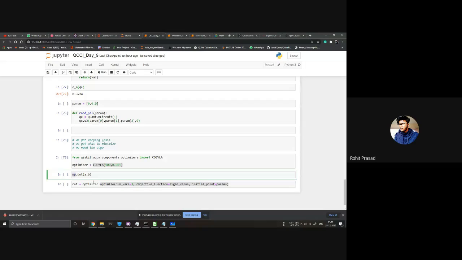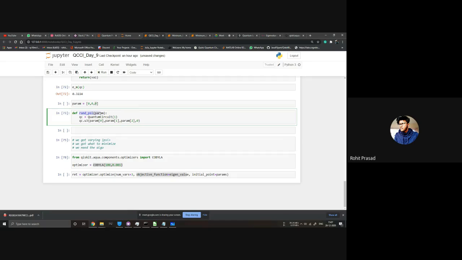So we have our optimizer, we have our module. What we want to do is optimize. What are the initial values? We have a and b. Here we have three variables, 1, 2, 3, so we define the number of variables equal to 3. Then we say what our function is.